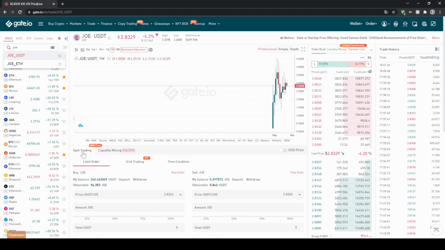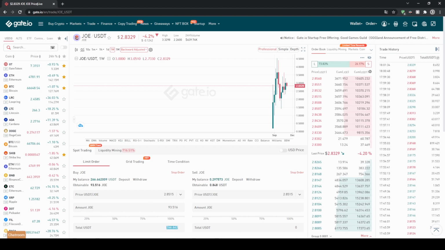Down here, we can just go to spot trading, then click on limit order. We can also see our US dollar tether balance right here again. And down here, we can choose at what price we want to buy. So I'd recommend you to just use this trick and click up here somewhere in the order book. So the price is a little bit above the current market price, but this will actually cause our order to be triggered as a market order,